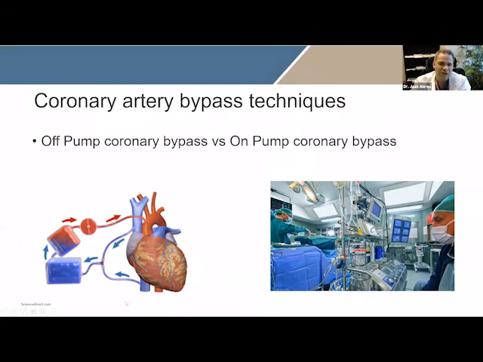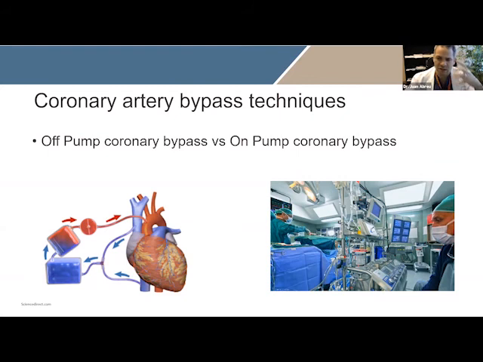So for us to do this connection, we have to kind of manipulate the heart a little bit. Either we will connect the heart to a heart-lung machine, which basically is going to deliver blood to your heart, and it's going to drain it, and it's going to go into a machine. It's going to mix it up and bring it up. This machine is a simplistic example here, but this is what the machine looks like. It's a big machine with multiple pumps and wiring, and we have a special dedicated person in the back. It's called a perfusionist.